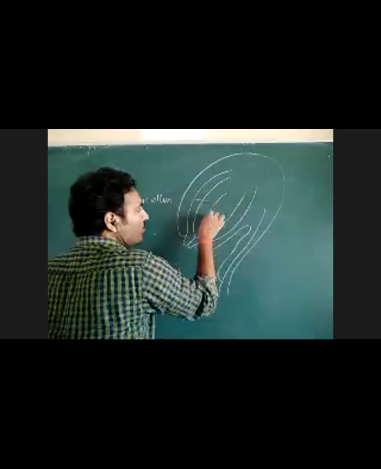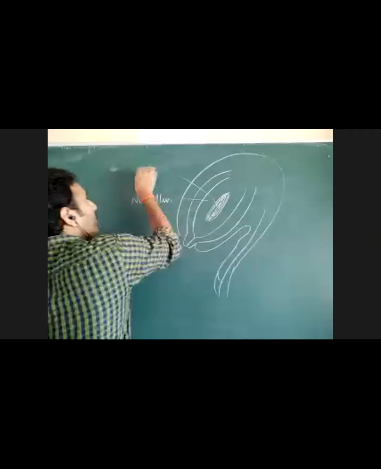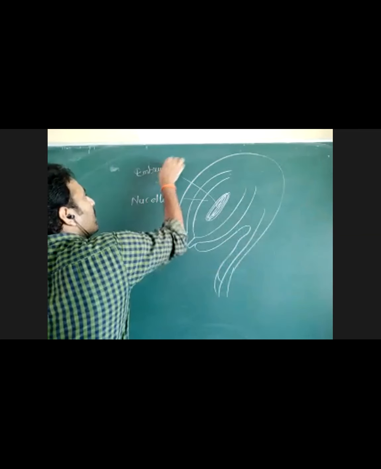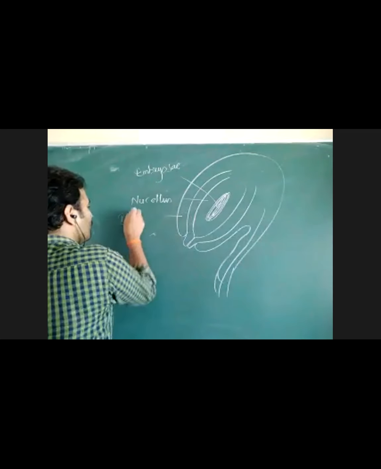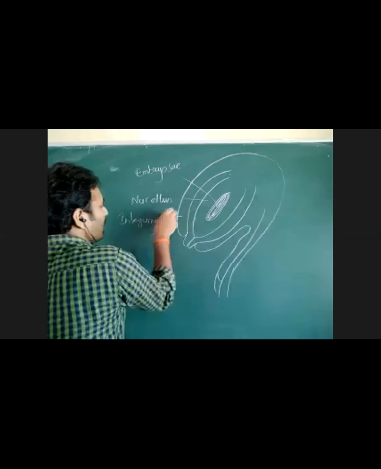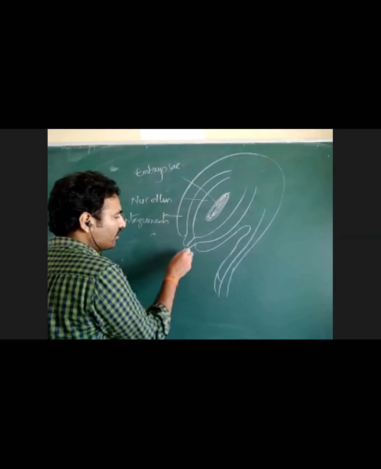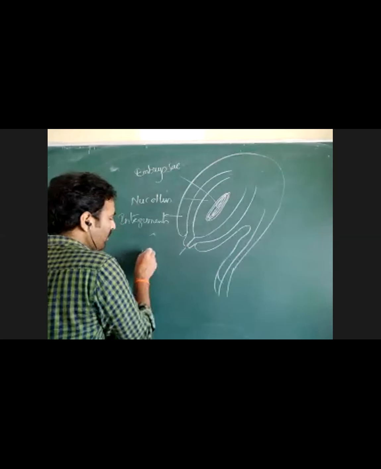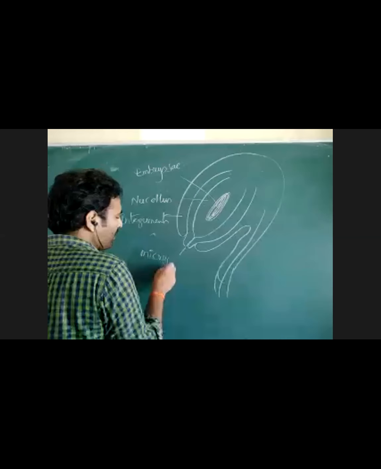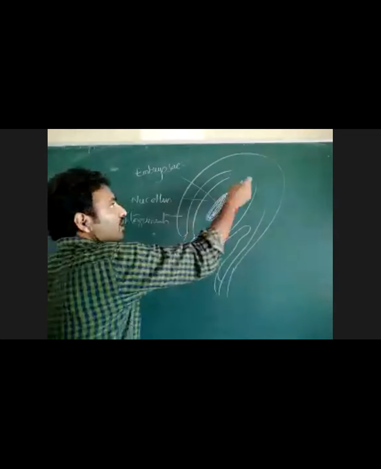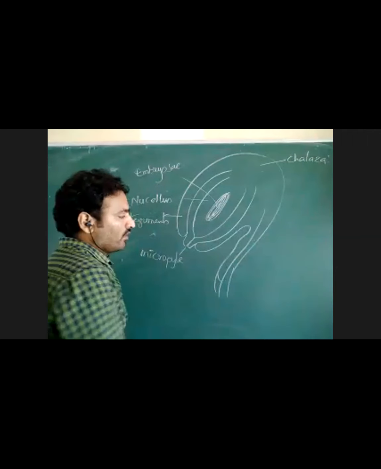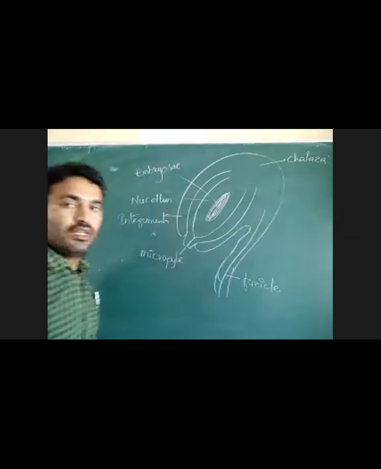A mature ovule has a developed embryo sac, which is also called the female gametophyte, and there are integuments on the ovule. These integuments are the outer coat present around the megasporangium. At the apex of the integuments, there is a small opening called the micropyle, and at the posterior end to the micropyle, there is a part called the chalaza, and the stalk of the ovule is called the funicle or funiculus.